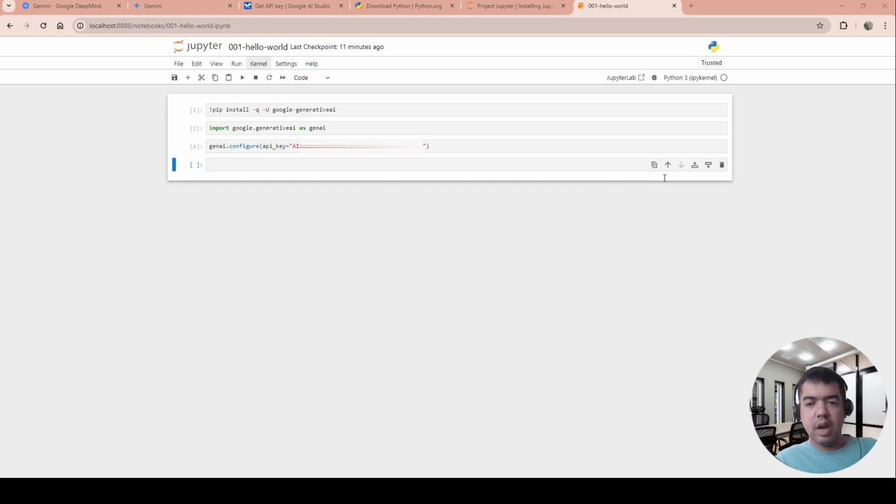So to test our API key, let's list the available generative models for use in our example: for m in genai.list_models.